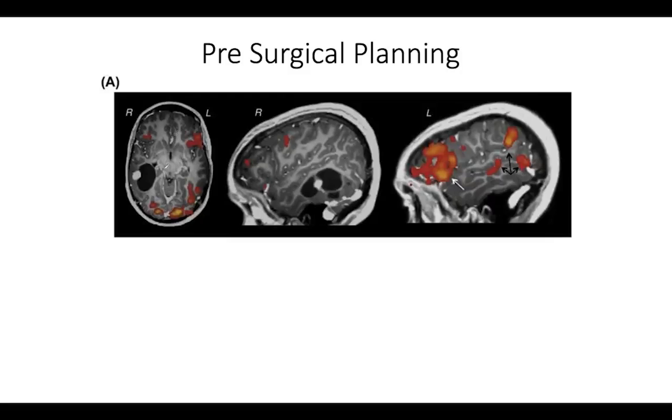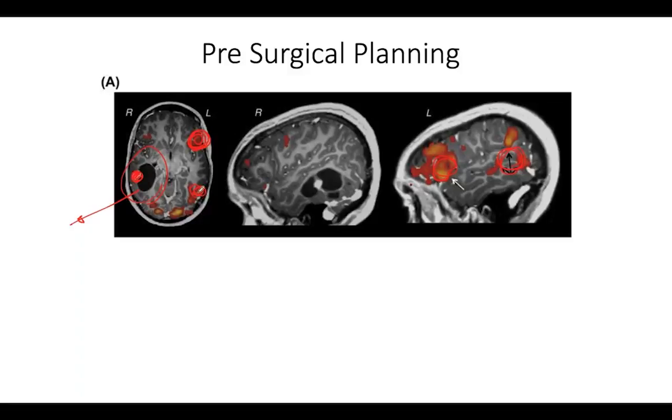This is what we do for presurgical planning. What we do, we give people language tasks, and then, for example, this here is a tumor, and as you can see, the tumor is on the right side. The good thing is that for this specific patient, most of the language processing areas are on the left side. So we know that if we remove the tumor from here, probably he or she would still keep the language, and it's going to be critically important. So that is a good thing. So we know that the Broca area and the Wernicke areas are on the